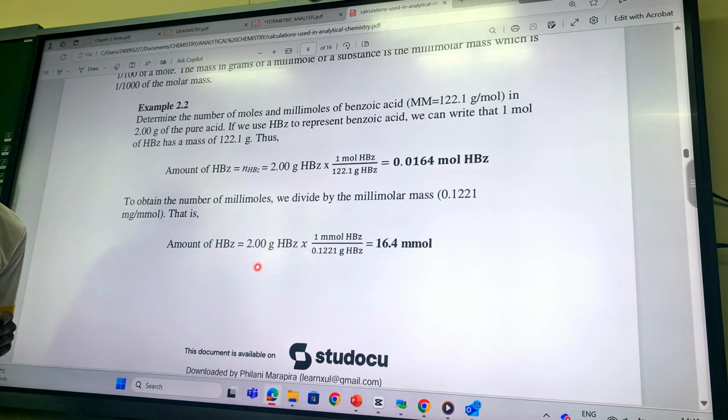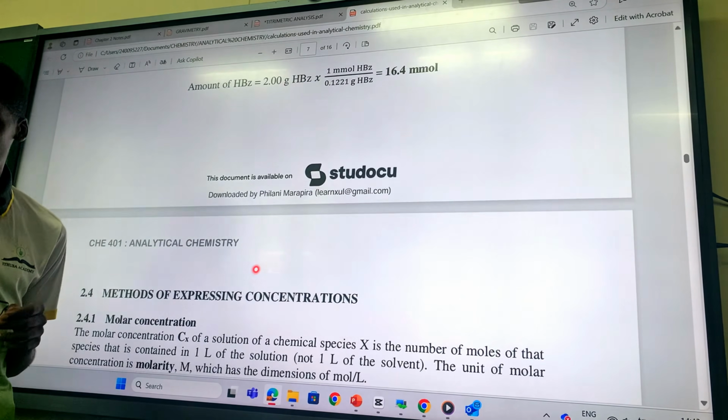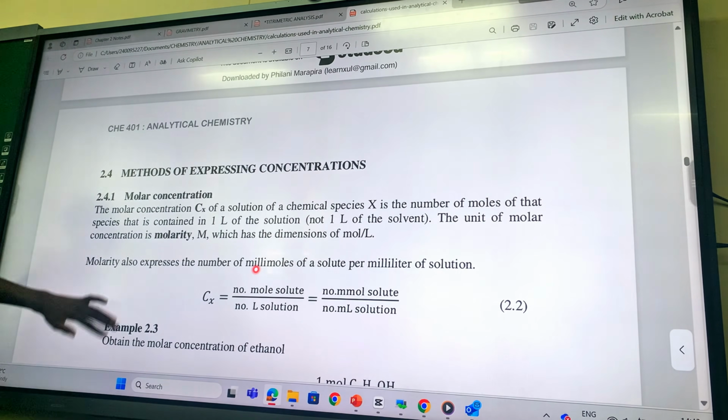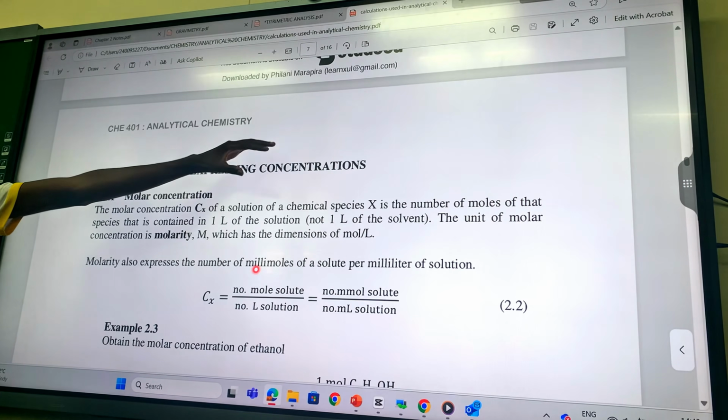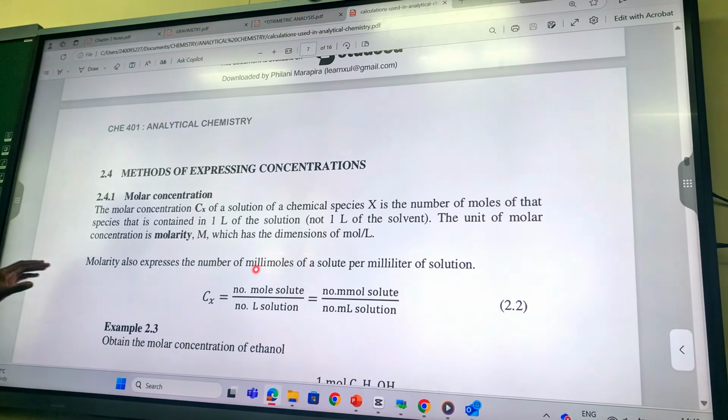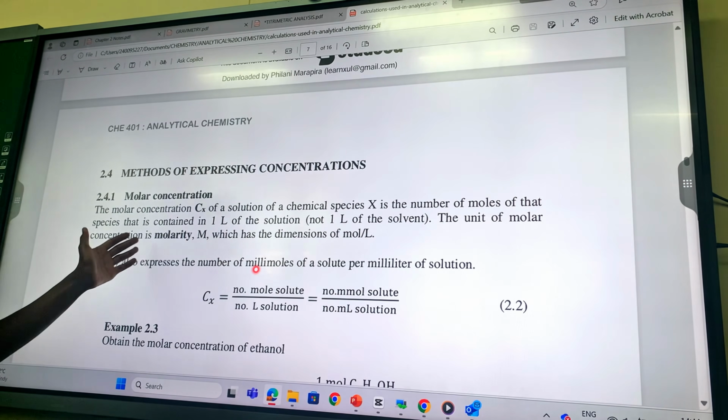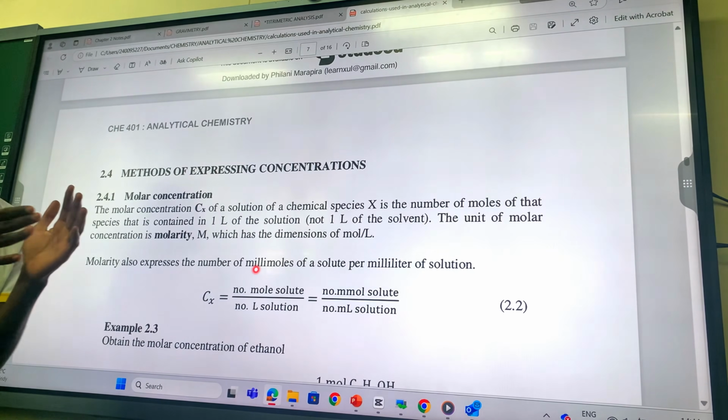I'm sure this is not complicated because you already know mass and molar mass. Now the last one is very important: concentration. We have many methods of telling what the concentration is. In concentration, we want to see how closely packed things are. Others would say that is density. Density is also a type of concentration. So under our methods of expressing concentration, we have many calculations of how much of something there is in a particular space.